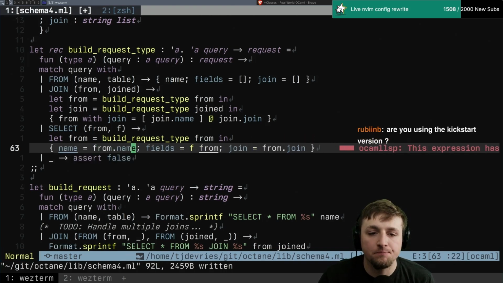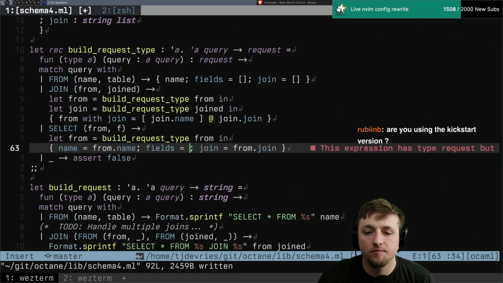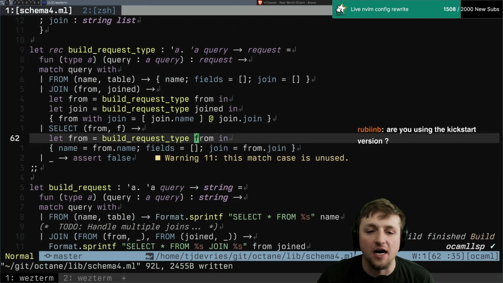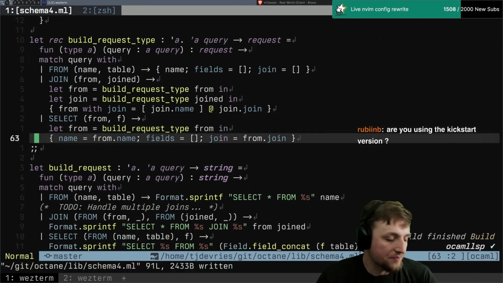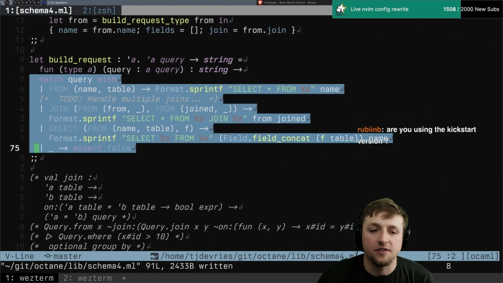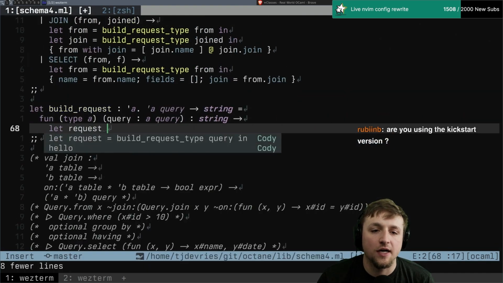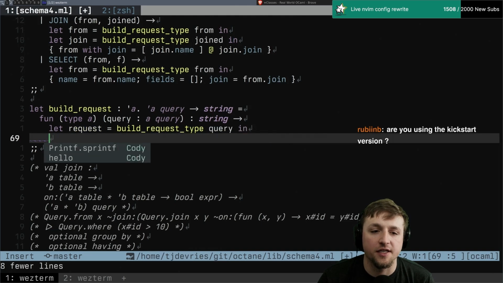No, this is mine. Let's just change this for a sec to this for a hodl. Right? And so then what we want to do is say, let's build request. Let's do that. Request is build request type query in